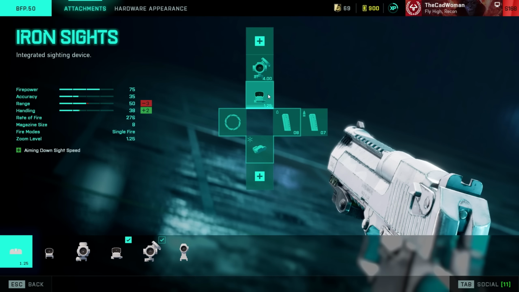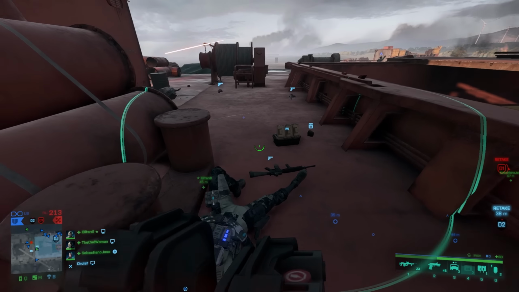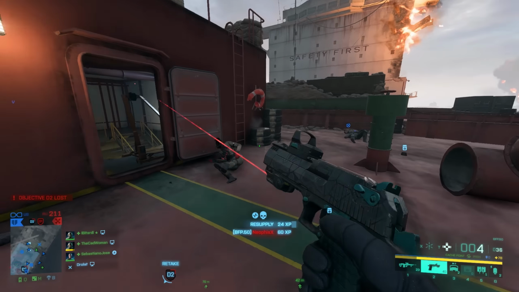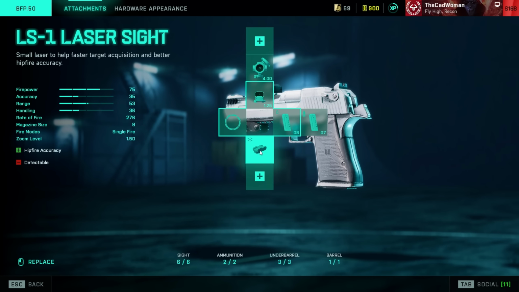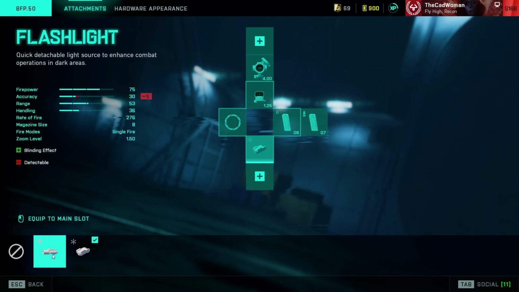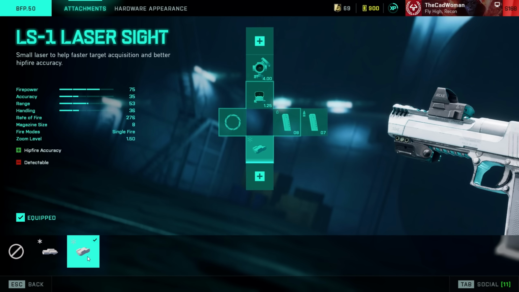There are a few optics to choose from, 2 ammo types and 3 underbarrel attachments, and similar to most other secondary weapons, you only need to level it up to Mastery 6 to unlock all of them. When it comes to underbarrel attachments, the choice is simple. You either have the option of a laser sight or a flashlight, or you stick to the factory mounts. The laser sight, however, is what I would recommend to equip because it's incredibly useful in close combat as it